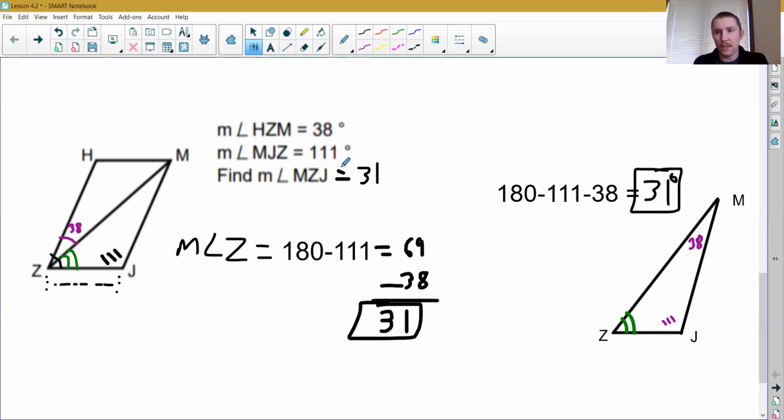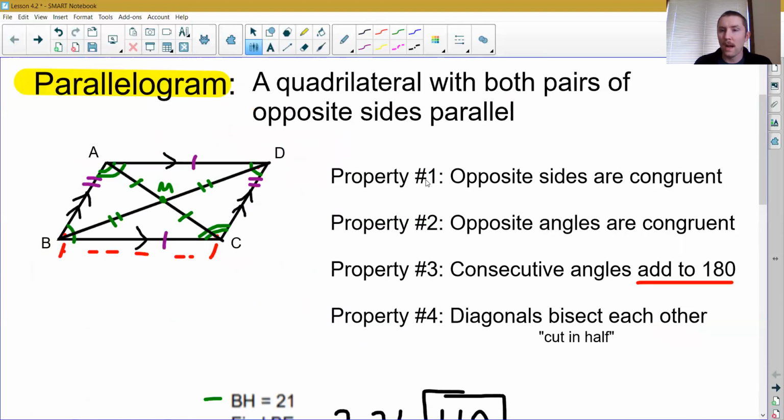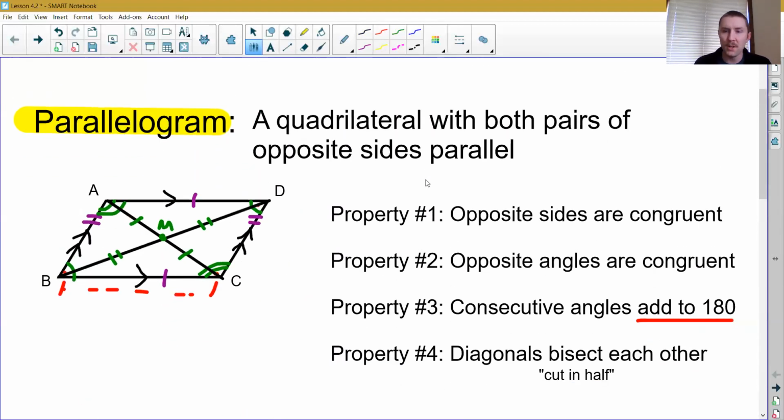So that's a more complicated version of what you might be asked to do: look at a picture and decide how many degrees a missing angle is. If you have questions about the properties of a parallelogram or how they could be used to find missing information,